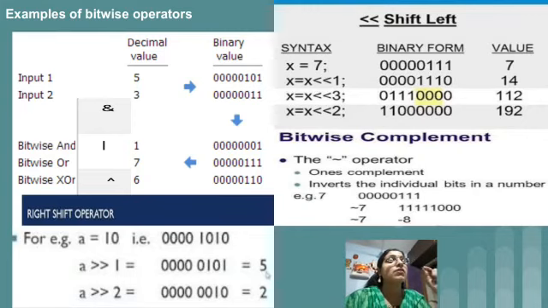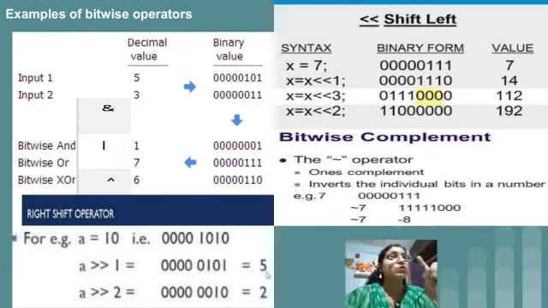Logical AND means the logical AND gate, which we have seen. You should know the truth table of AND, OR and XOR, and only then will you be able to understand the output. In the case of the logical AND gate, if both inputs are 1, and only then, the output will be 1. Otherwise, for 0 0 the output is 0, 1 0 gives 0, 0 1 gives 0.